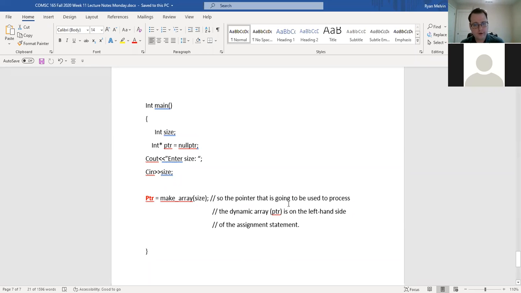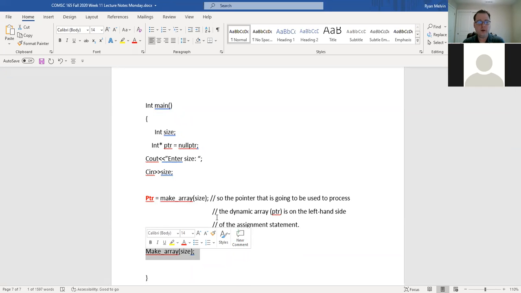Meaning that, if we just did something like this: make array size, and that's all that we do in terms of the function call. That is possible, right, in the sense that it would still run and compile, but then we don't have a pointer actually pointing at the array, right? So when we call a function like this that's returning a memory address,